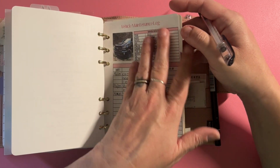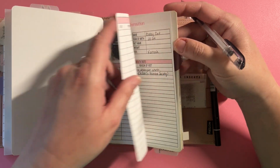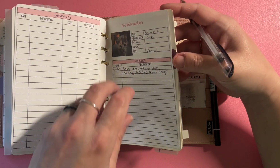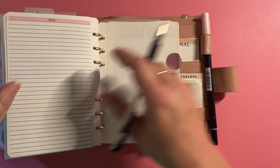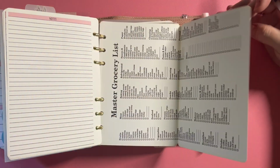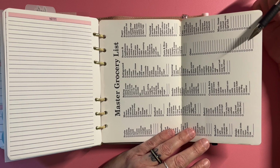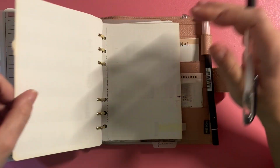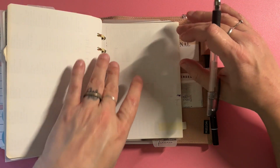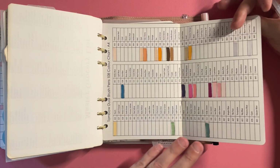my husband's auto information, his truck information, and then the baby cats' vet information, my grocery trigger list. If I'm doing a shopping list, I can look at this and be like, oh yeah, wait, we do need aluminum foil, and now I know we need ketchup. Let's see, we've got my Tombow color chart,